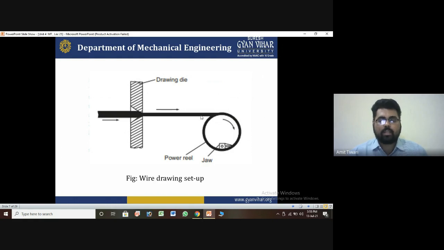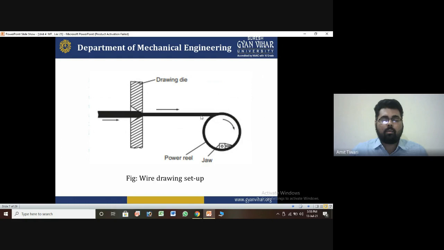So that's why we can say it is a very easy process, and a very good process to convert the material from a large diameter to a smaller diameter with minimum investment of cost. You only need an idea of how much diameter you want to produce in the final design of the product. So it has to be decided in order to fabricate or design the drawing die, which is the main part responsible for converting a larger diameter into a smaller diameter, or setting the wire diameter with the help of the drawing die.